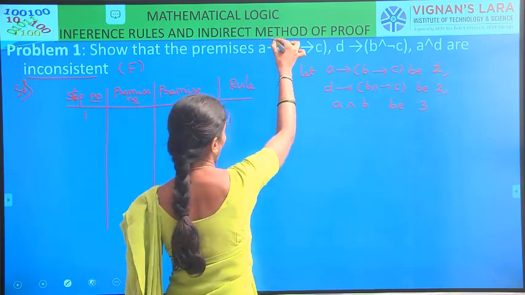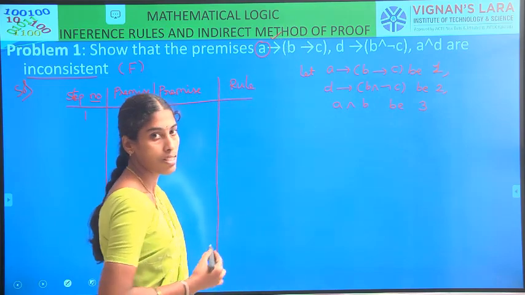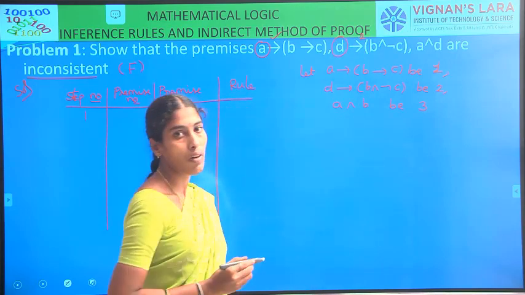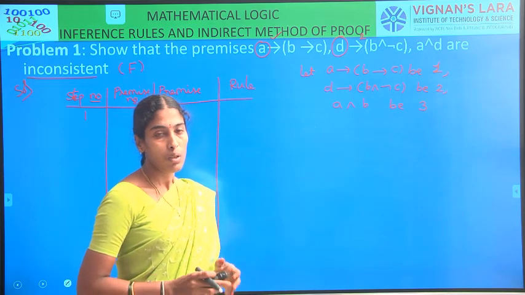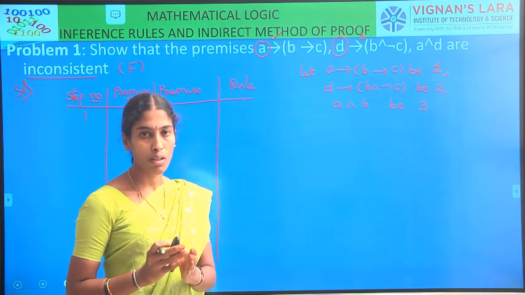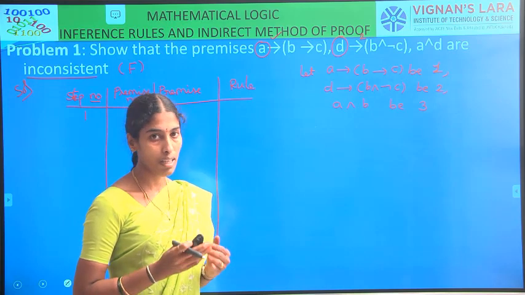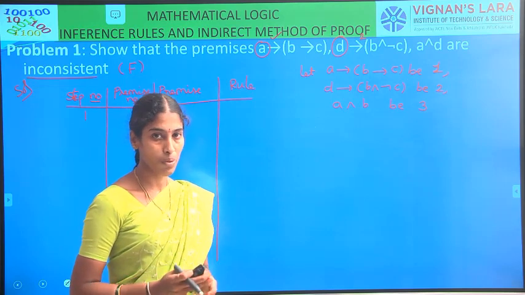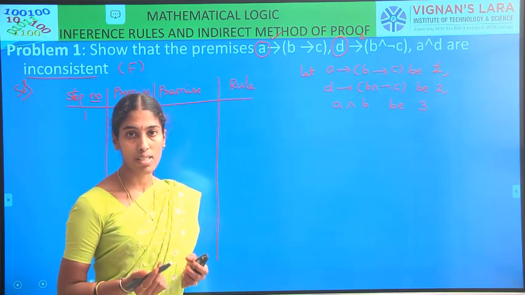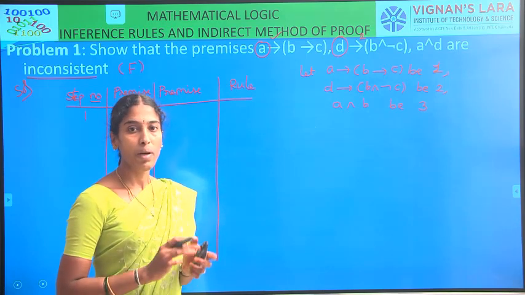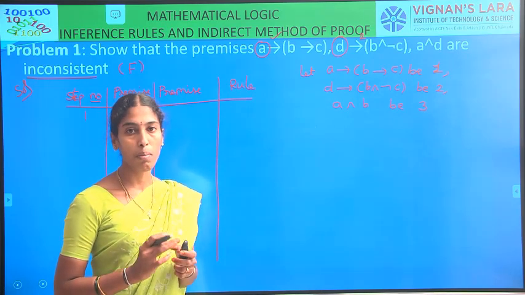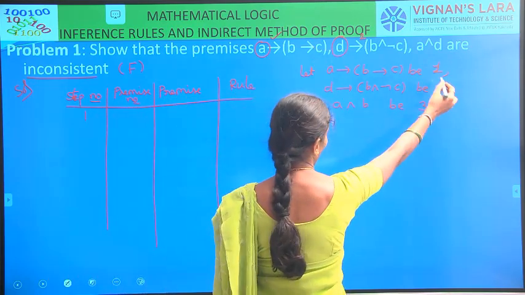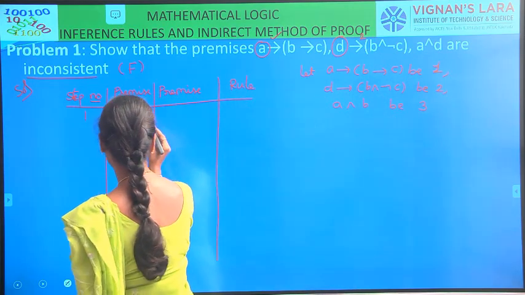To use the first premise, the left side A is required because it is a conditional statement. To use the second premise, again the left side D is required because it is a conditional statement. To say that P conditional Q, to use Q, P must be known or P is required. Without knowing or without taking P, we can't say that Q is true. Whenever we use a conditional statement, if the left side is there, by using the modus ponens formula, P comma P conditional Q is Q. So we can't directly use the first premise and second premise, so we take it as a third premise.